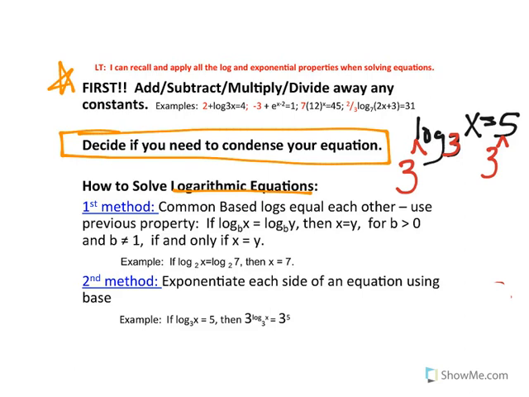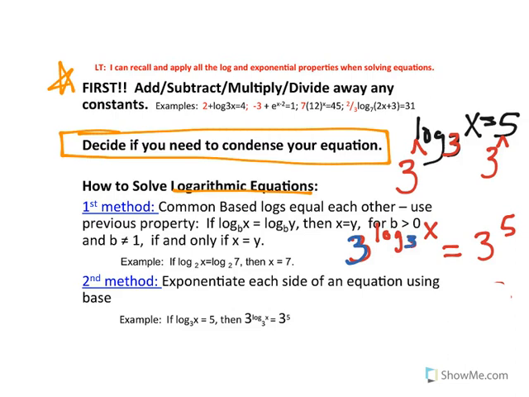And so rewritten, it would look like 3 raised to the log base 3 of x power equals 3 to the 5th power. Now I know that looks weird, but think about your properties. When you have an exponential problem where the base is the same as its logarithm's base, so I have an exponential base of 3 raised to a log with a base of 3,